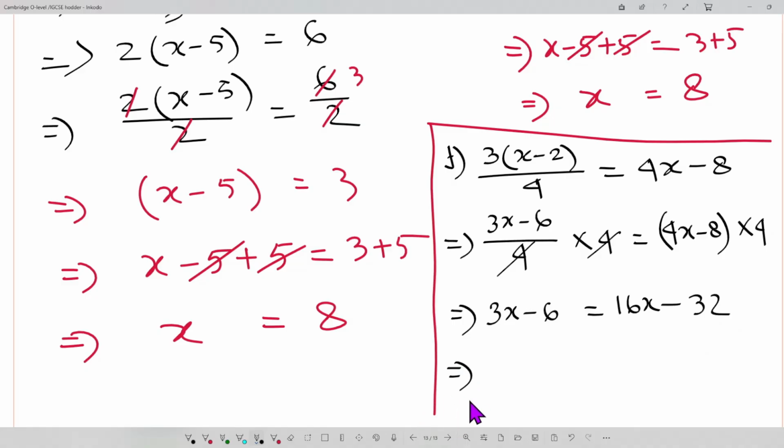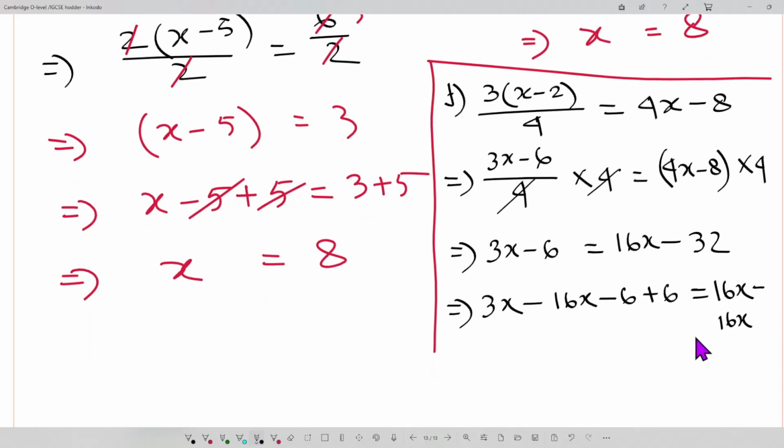Then here is 3x, and here is 16x, we can write minus 16x, right? And here is a minus 6, we can write also plus 6. And similar thing, here is 16x, and we will minus 16x, and here is minus 32, and we are adding plus 6. Okay, so